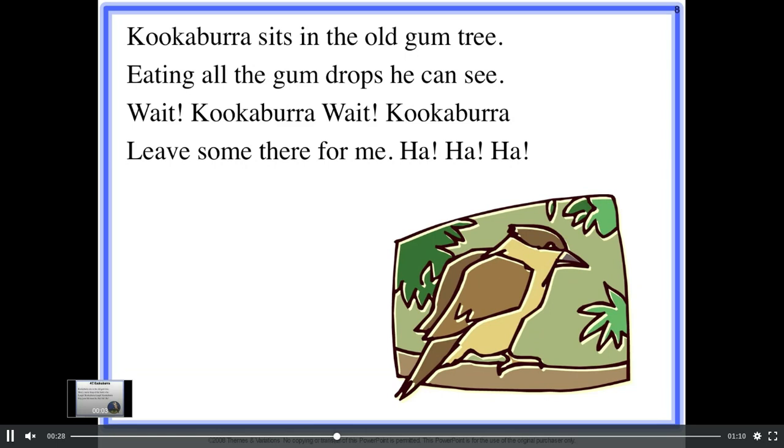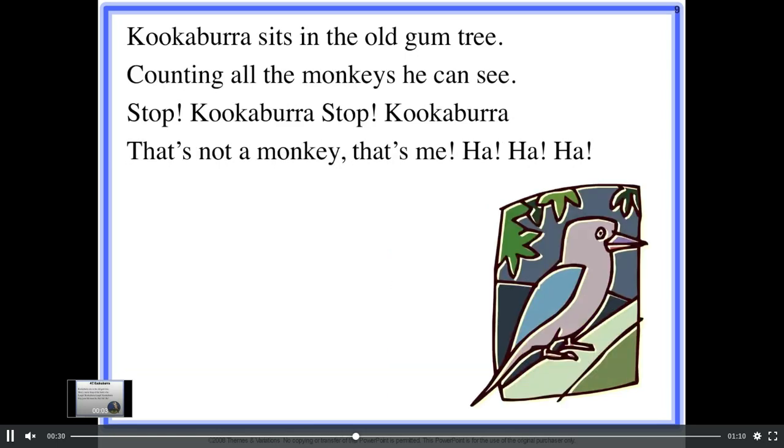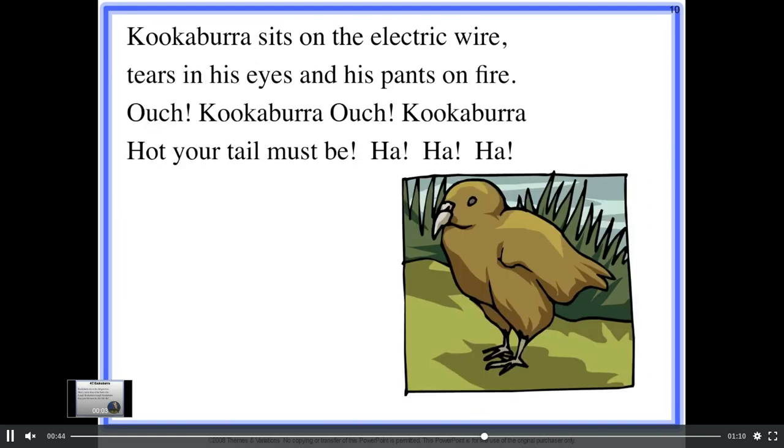Ha, ha, ha. Kookaburra sits in the old gum tree, counting all the monkeys he can see. Stop, kookaburra, stop. Kookaburra, that's not a monkey, that's me. Ha, ha, ha. Kookaburra sits on the electric wire, tears in his eyes and his pants on fire. Ouch! Kookaburra, ouch! Kookaburra, hot your tail must be. Ha, ha, ha.